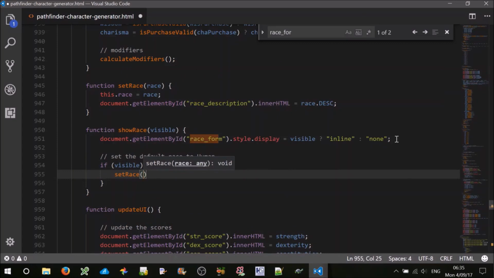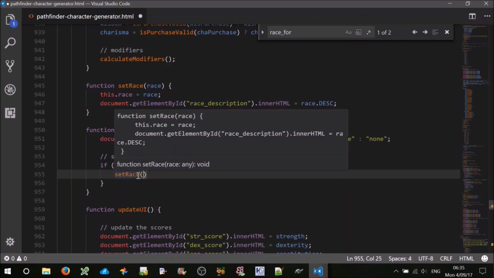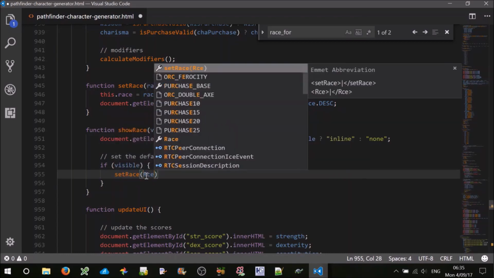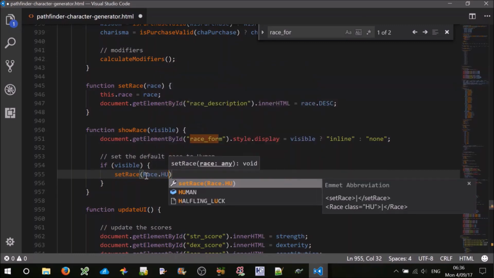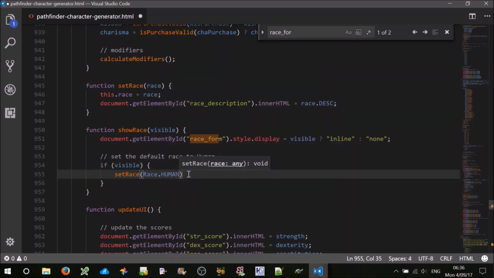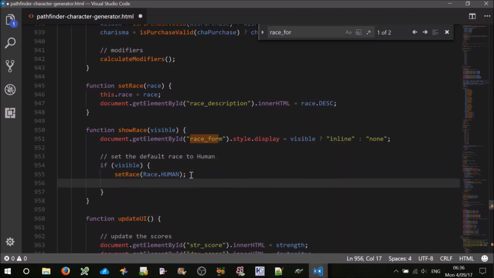Now it takes a race. Remember, we can hover over that or hold control. So it takes a race dot human. Set race as human, and we also need to set the